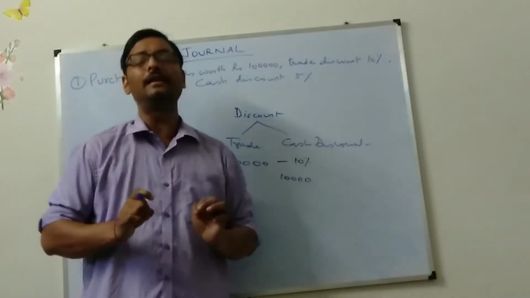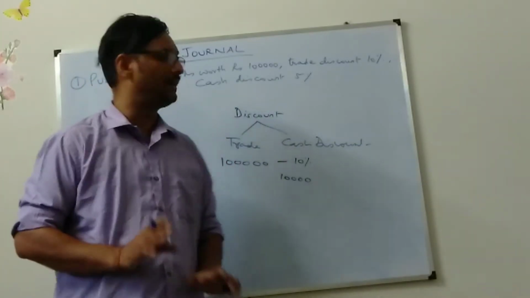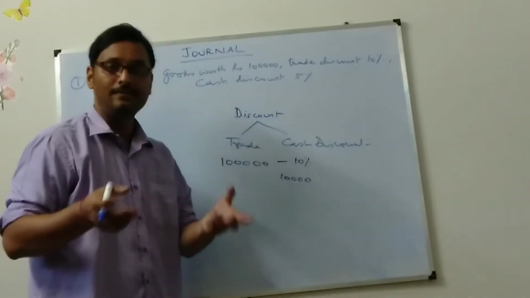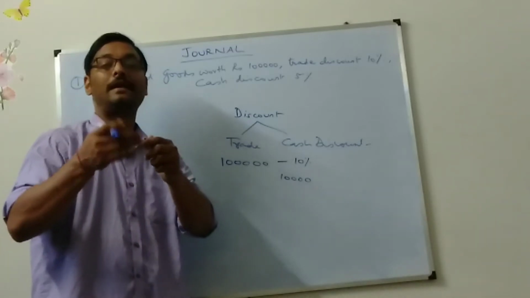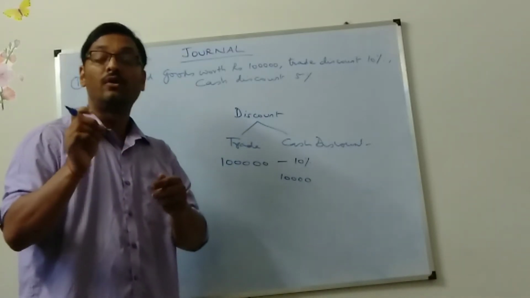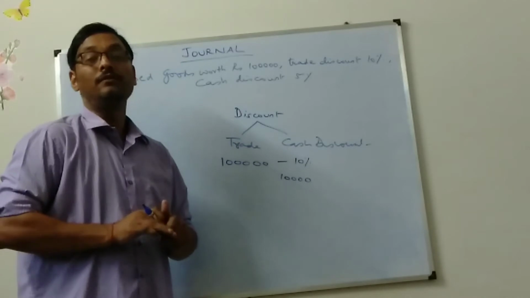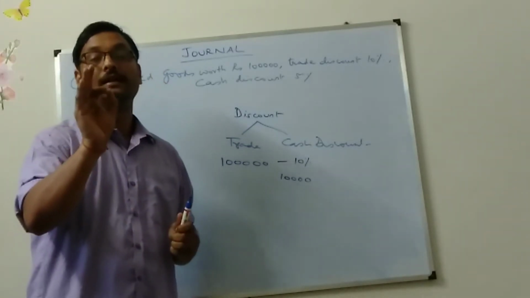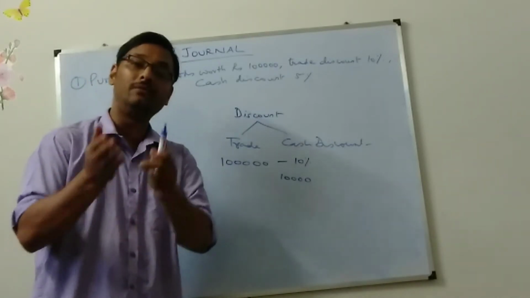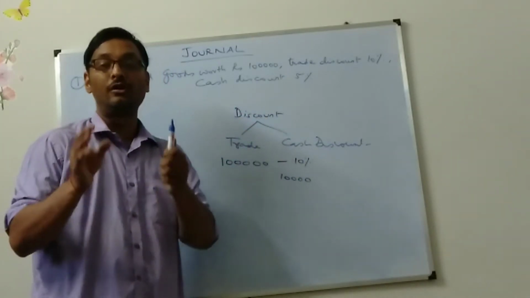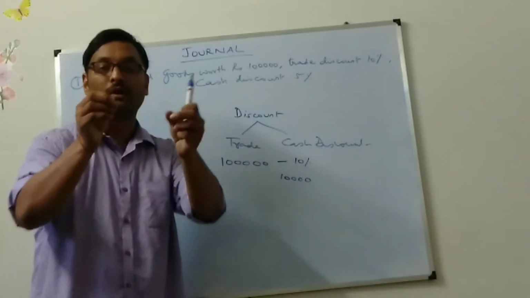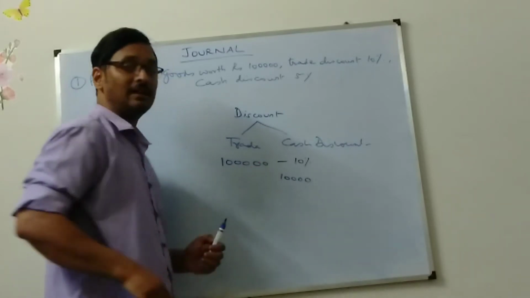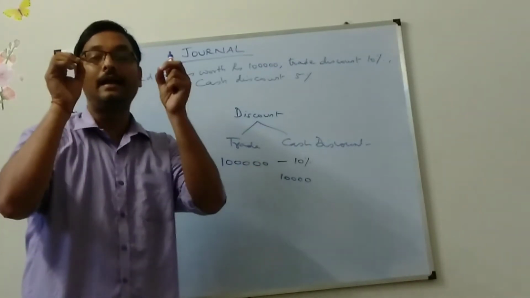Suppose you have not paid 90,000 in cash, then he will be your creditor for 90,000 only, because he will not be writing that 1 lakh in his books of accounts. He will be writing only 90,000 because he has already given you a 10,000 discount. He has already told you that you don't need to give this 10,000 to me. This 10% you don't need to give. So 10% of 1 lakh is 10,000. So you need to give only 90,000.